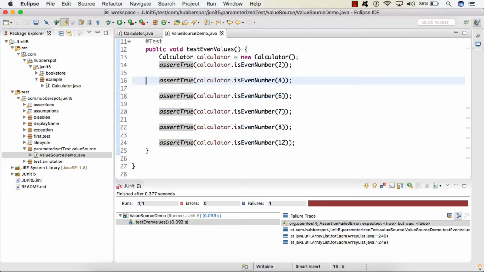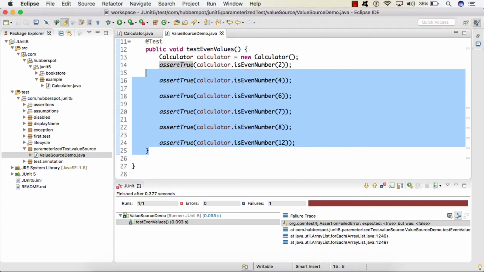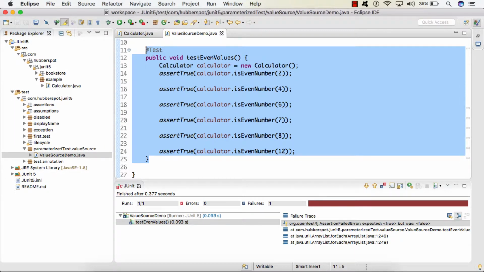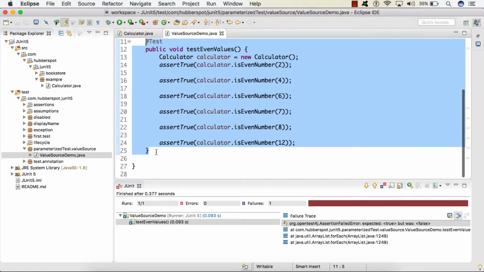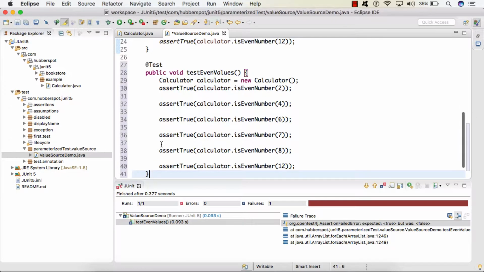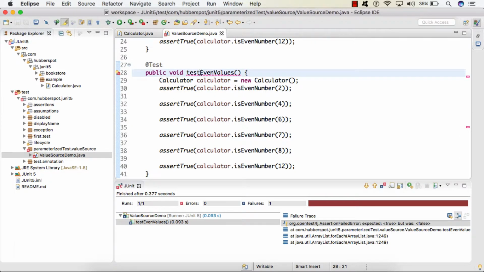So what we can do is, here we'll simply copy this method, we'll paste it below, and here we'll give the name as testEvenValuesUsingParameterizedTest.